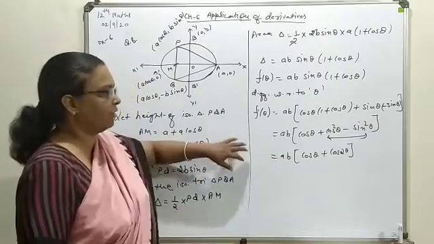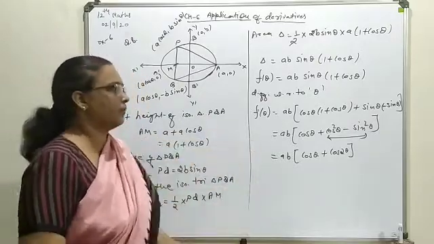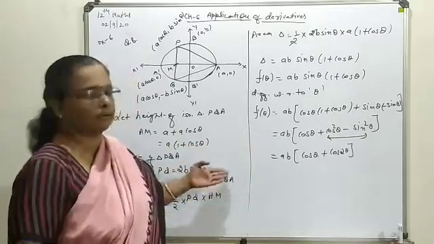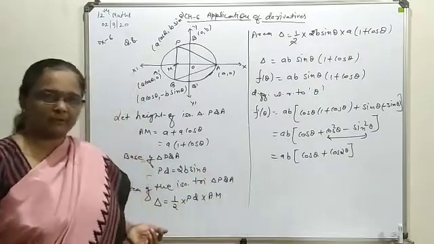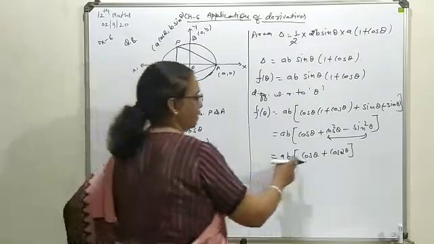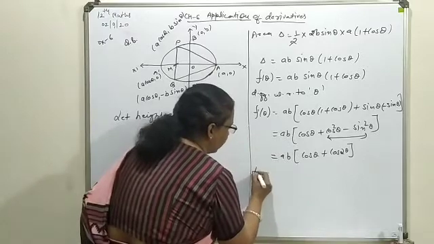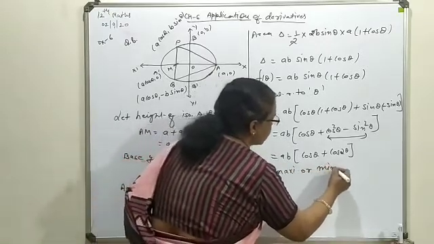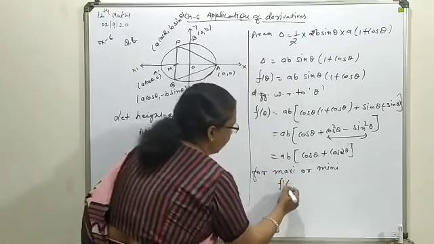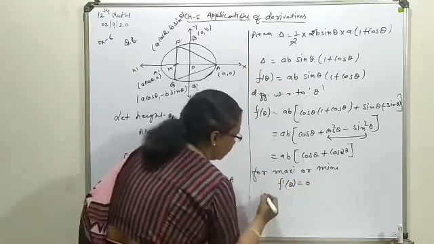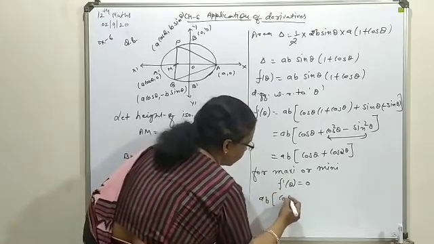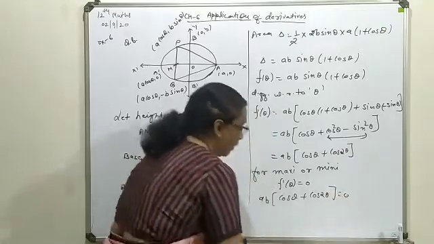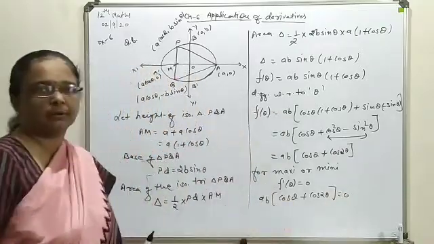Now here first we find the value of theta for which this first derivative or second derivative will give you negative quantity. So here also you can find out second derivative, or afterwards also we can find it out. So here you see, for maxima or minima, this is a process everywhere we have implemented: f dash theta turn is 0. So this will give you AB (cos of theta plus cos of 2 theta) is a 0. Now we have to work out for evaluation of theta.